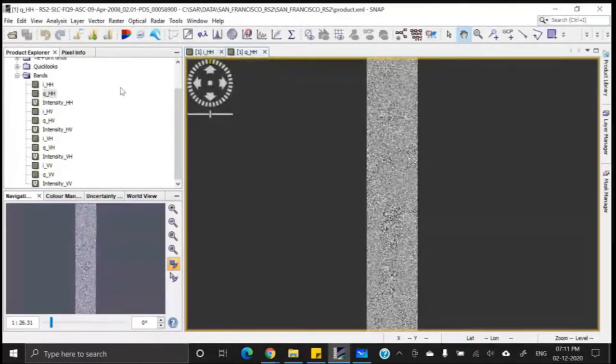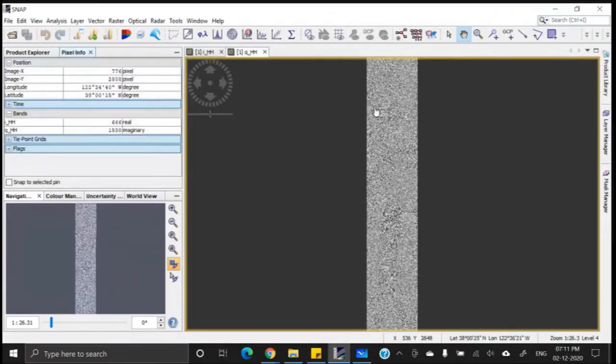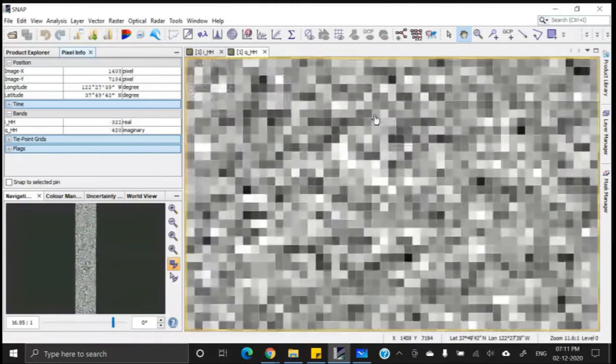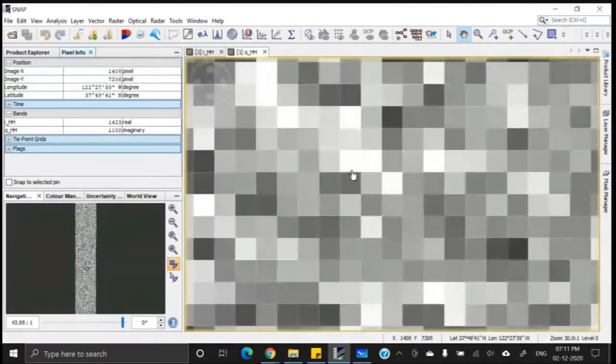One or more images should be displayed before going to the Pixel Info. Now if we zoom into a level so that I can identify every pixel, can you see? Each pixel can be identified.